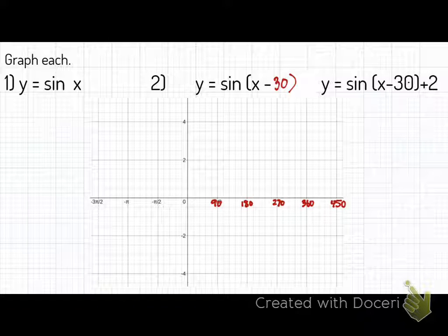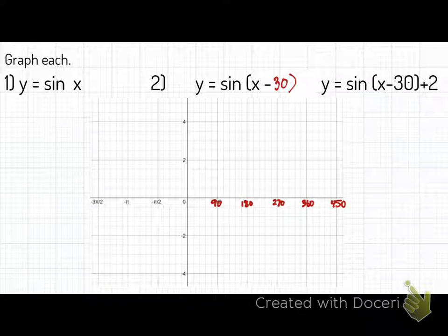And you see how the x-axis here on the left, you see how I left it as negative pi over 2? Does it matter that I left it that way? No. What does negative pi over 2 really mean? Negative what? Negative 90. Good job. Okay, excellent. So what we're going to do now is graph number 1, which is